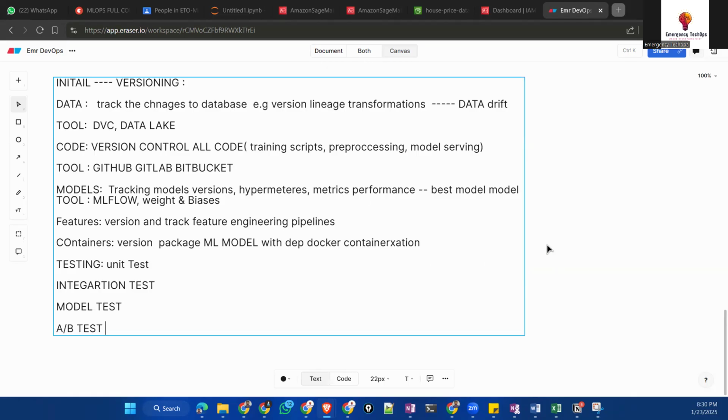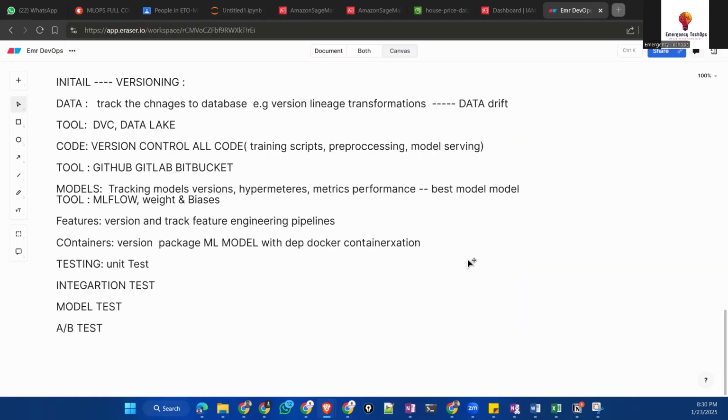So these tests are going to be done. Unit test means we are going to check ML code with individual components, for example data pre-processing functions, model training steps, and all. Integration test means we will be verifying that the different ML systems are working together as expected or not.